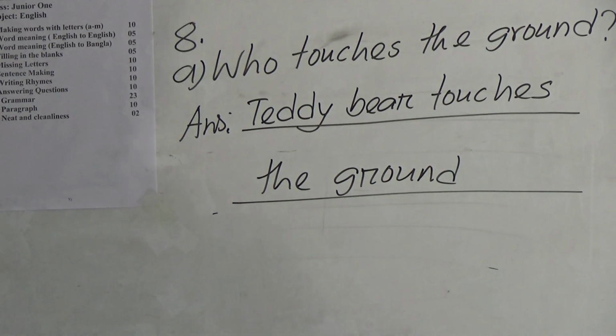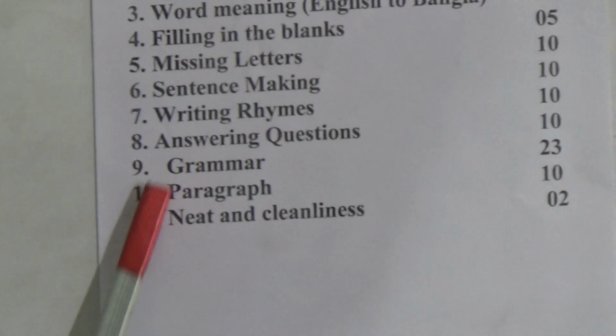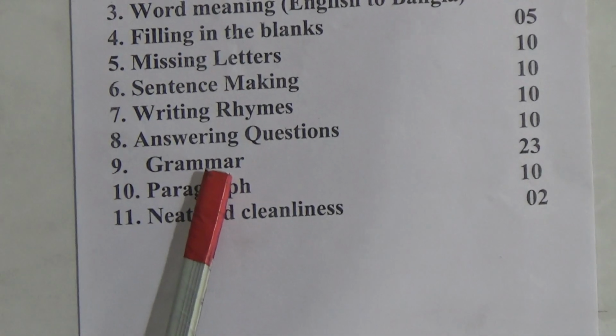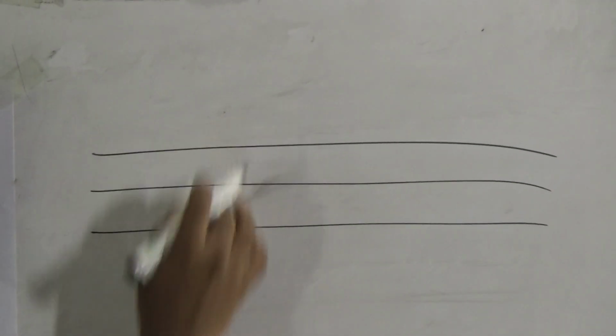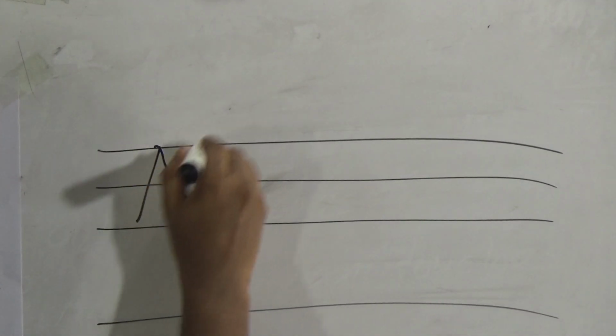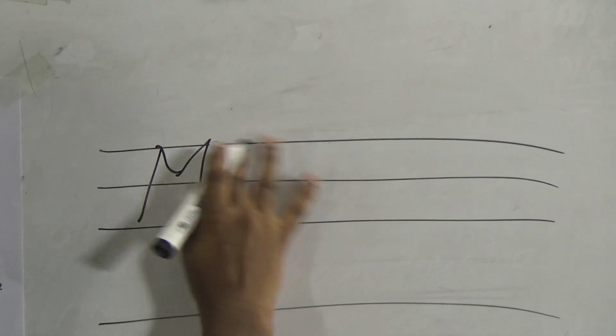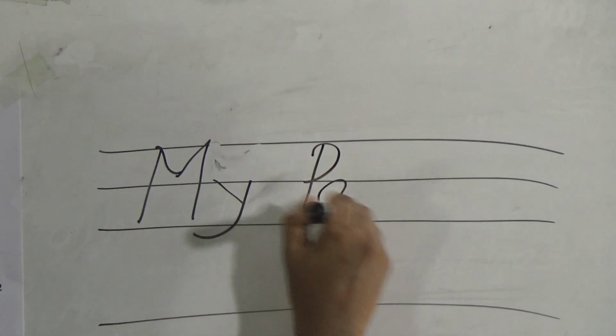Okay, next one, number 9, grammar. In the grammar portion also this type of box and gaps will be given. You will write only the answer. And paragraph, in paragraph also this type of paper will be given. First you will write the topic, my pet dog. Okay, and then write the answer. Okay, this type of paper will be given. First write the topic, my pet dog,